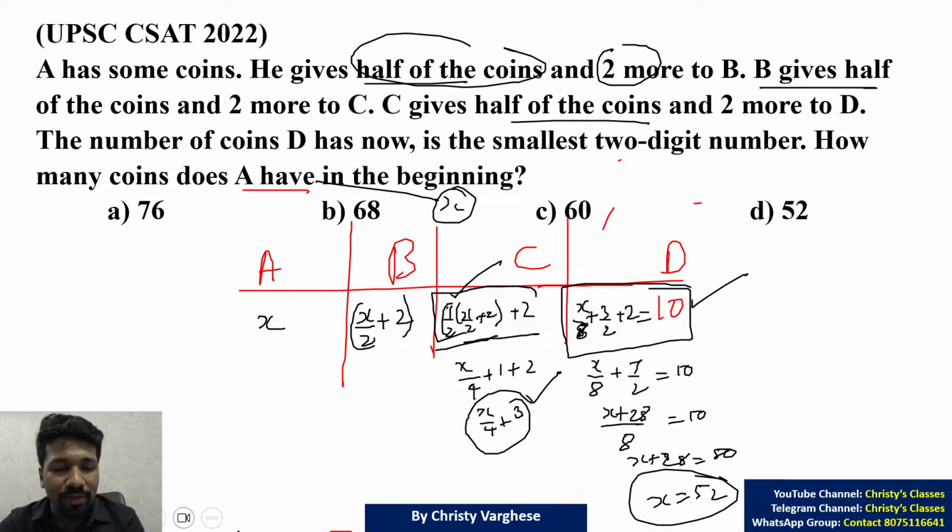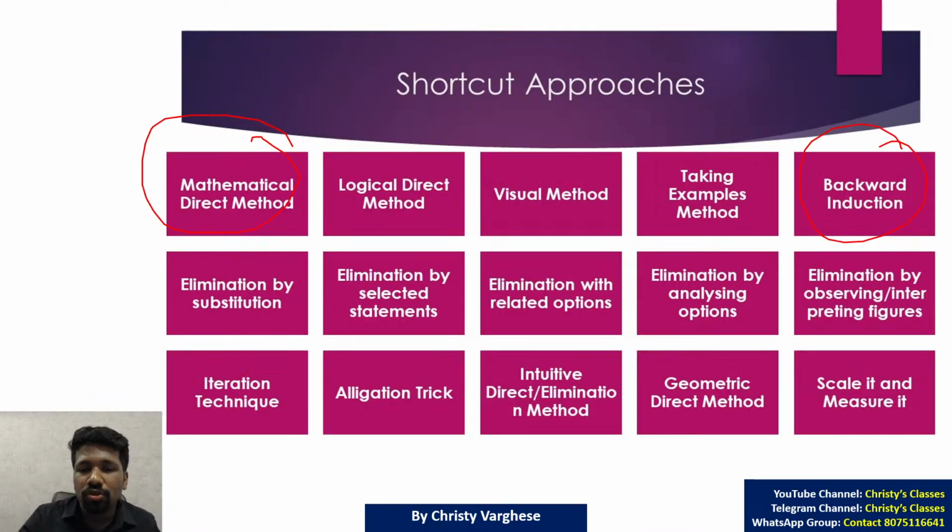Backward induction method is very simple. It requires lesser calculation, but you have to think a bit more to understand it in the beginning. Once you get comfortable with that approach, many questions can be done super fast with this. And let me tell you, backward induction should be done when the initial value is unknown and final value is known to us. That is how to decide which method to use when.